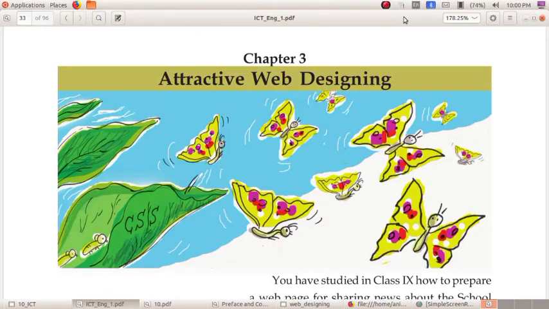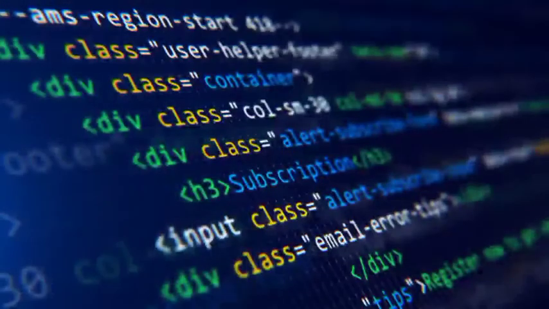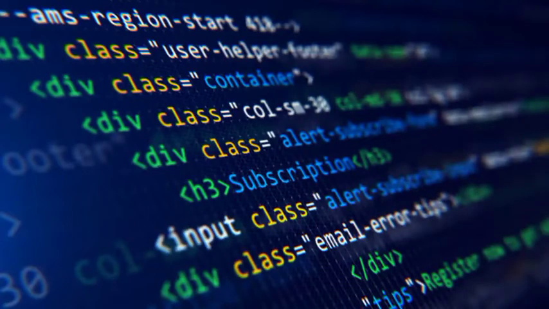Then what is markup language? Yes, it is a computer language. Markup language is a computer language which contains tags. So dear children, you can learn so many tags in web pages. Can you say any one tag?